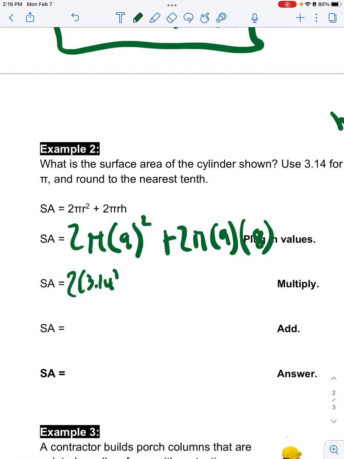Filling stuff in. Pi is 3.14. 9 squared is 9 times 9, which is 81. Plus 2 times 3.14. 9 times 8 is 72. So 2 times 3.14 times 81 is